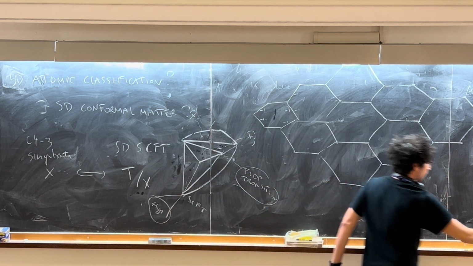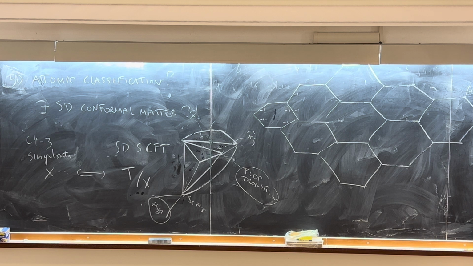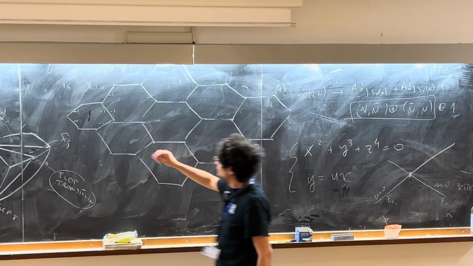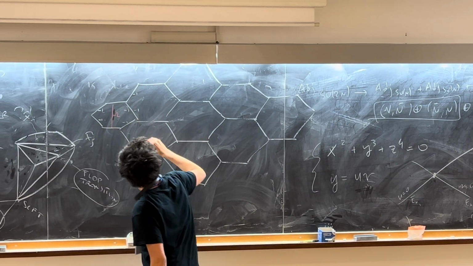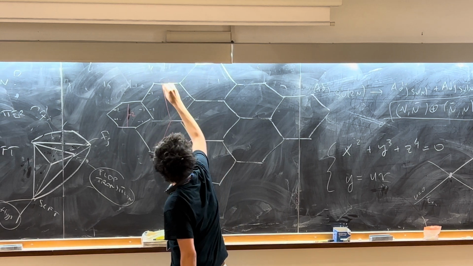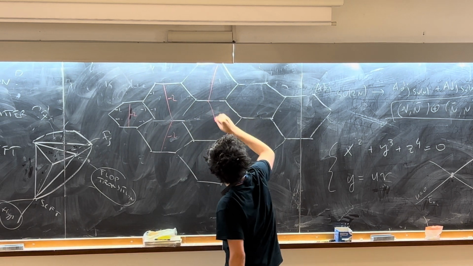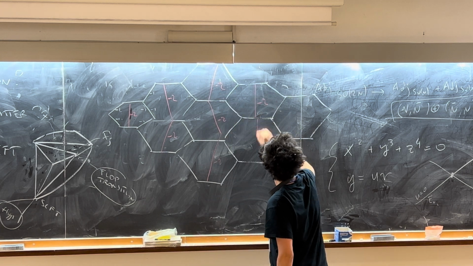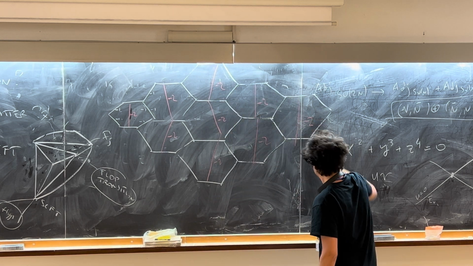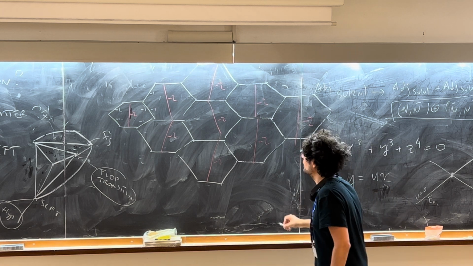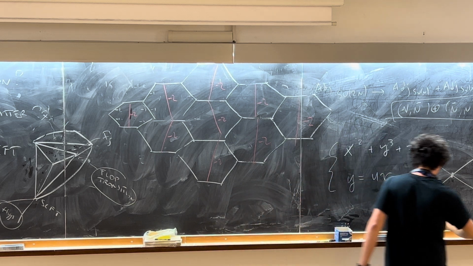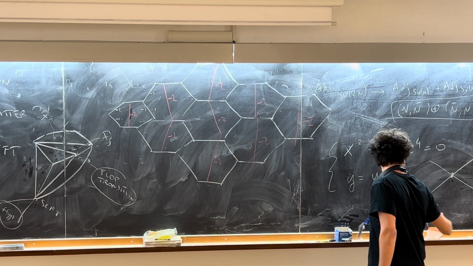And maybe I can borrow one of your colored chalks. Is it okay? So let's do it in red. So here there is a -2 curve. Here there are 2. Here there are 3. 2. 1. And then, and this is where the help of Graffeo was really useful, there is another surface, another color,